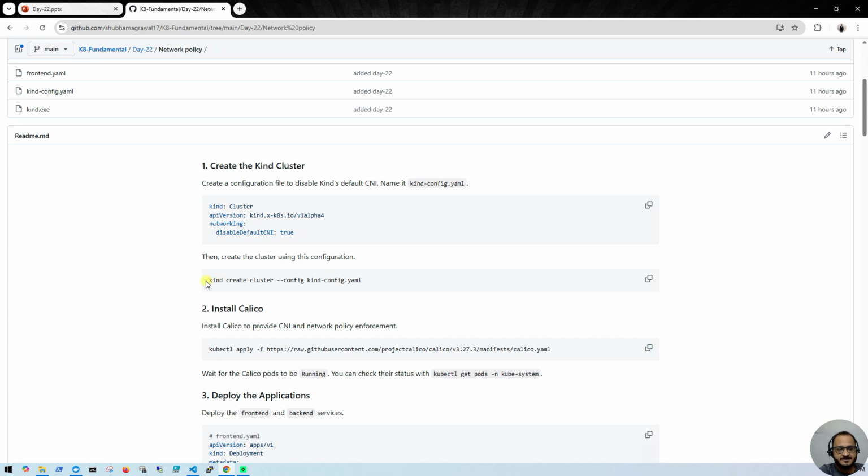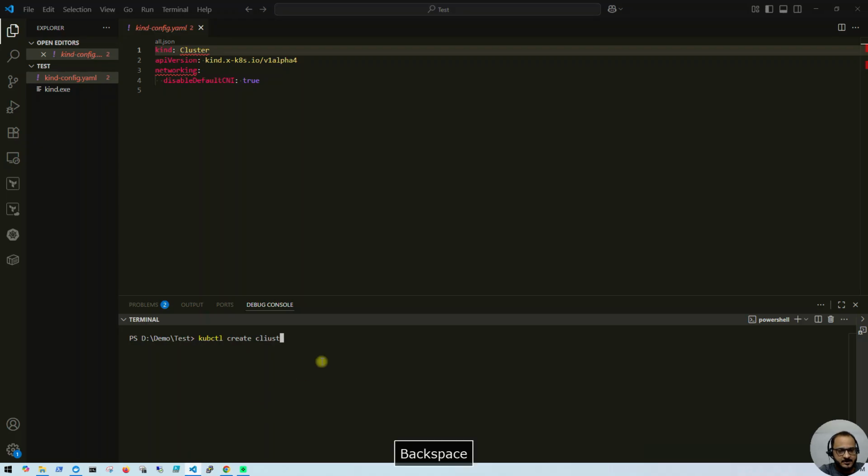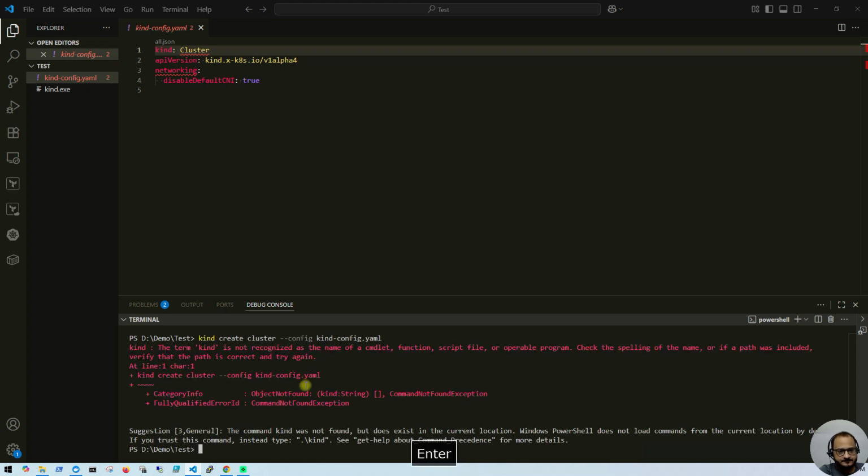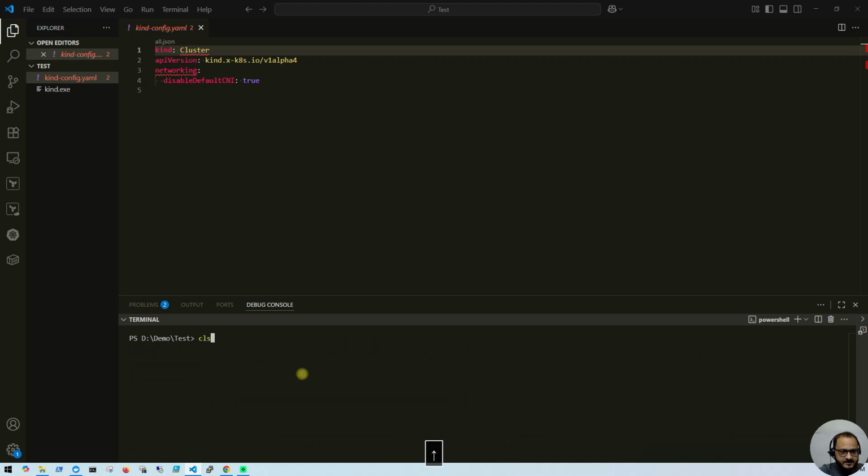Okay, so we have to use kind, not kubectl. So let me clear this screen. Okay, so this is not recognized. So let me do one thing. Let me put here dot slash. Okay, so it is going to create a kind Kubernetes cluster again, and it is going to disable the default